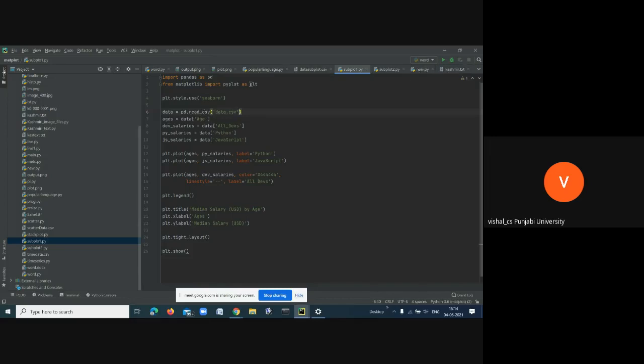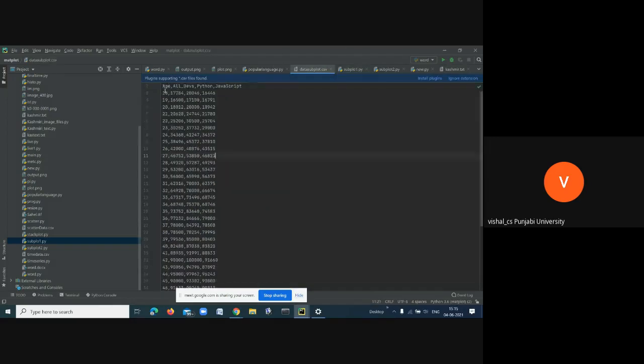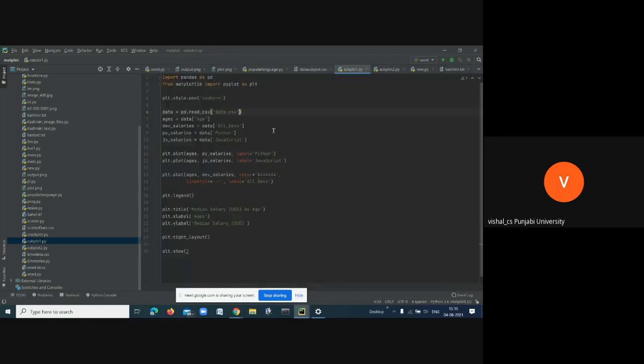If you look at the data, it has an age column, a developers column, a Python column, and a JavaScript column. It has 4 columns. I am extracting the age column here, and similarly the developers, Python and JavaScript columns.